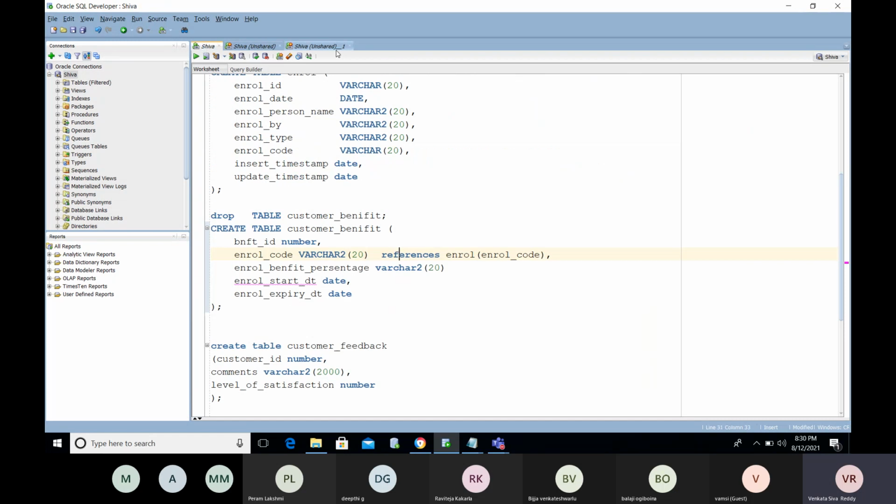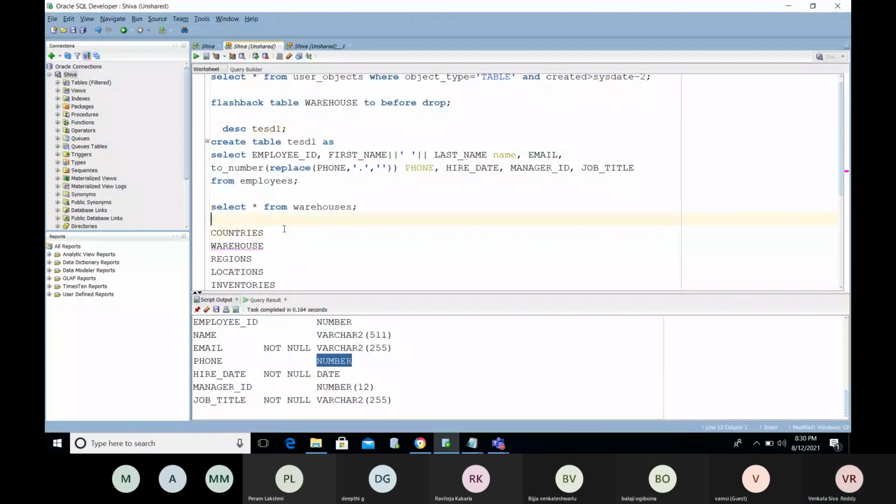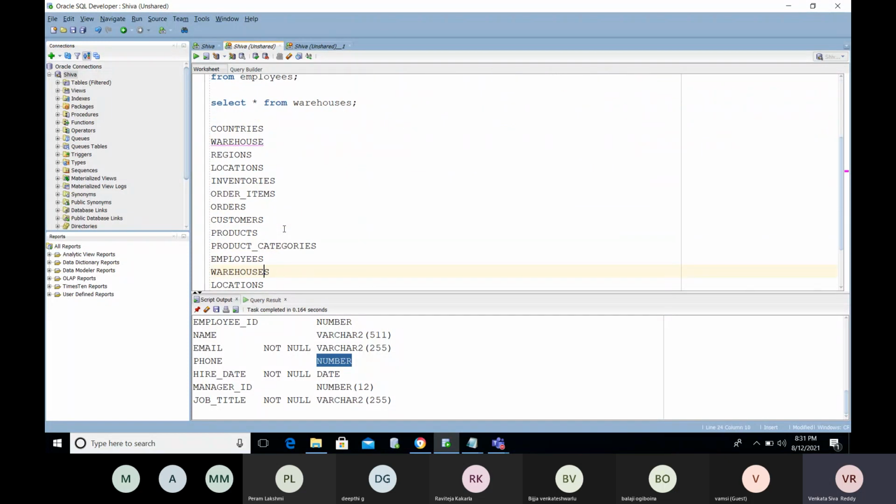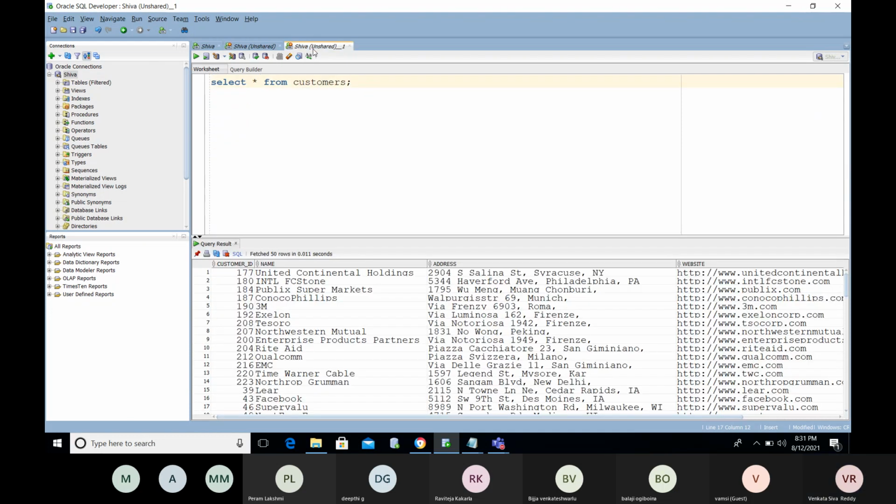We will use at least a few tables in this. We have already explained the regions and locations tables. We'll see about the inventory tables. Try to understand the inventory tables. What columns do we have?